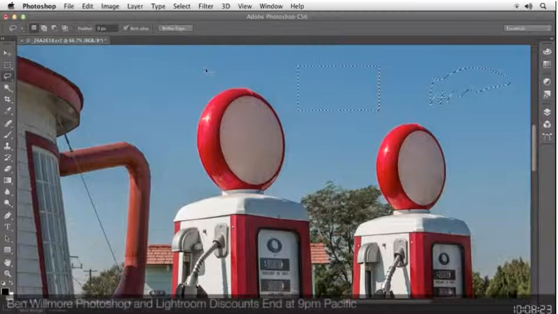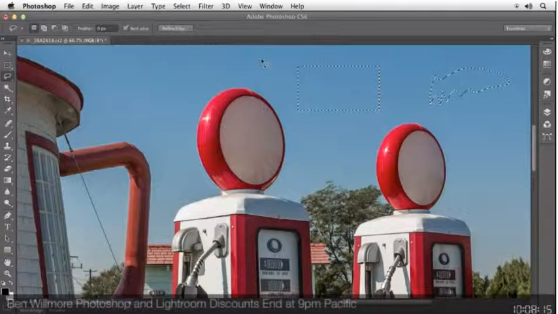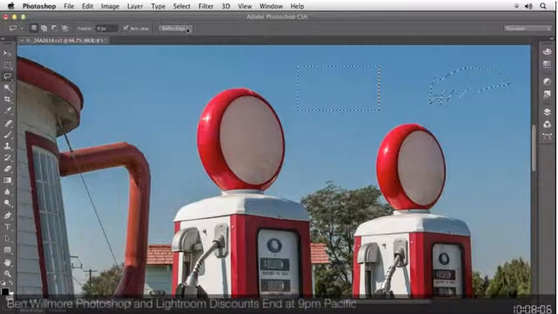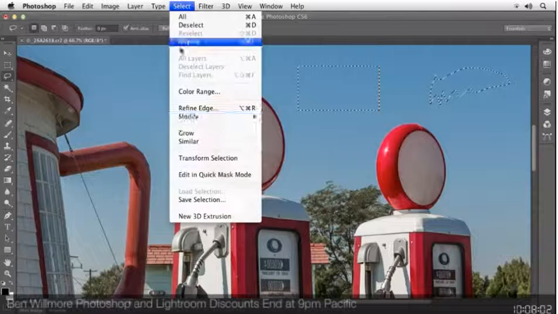And what I would like to get in my replacement for those commands is a visual preview. When I choose expand, I want to see how much bigger that is going to look if it gets that much bigger. If I choose feather, I want to see how soft that edge is. Does it match the edge quality of the object I'm trying to select? So one way of doing that, that's in newer versions of Photoshop, is to go to the Select menu and